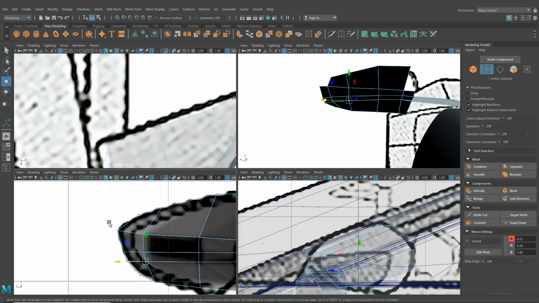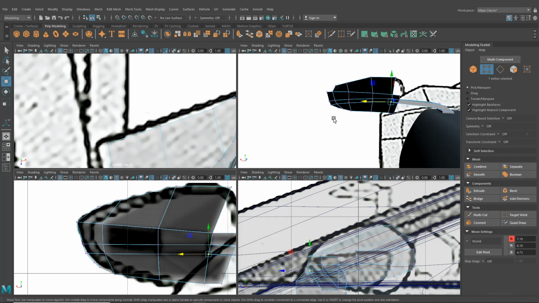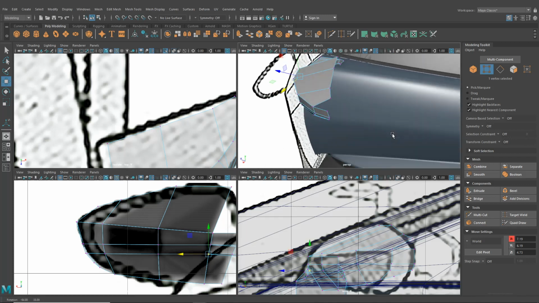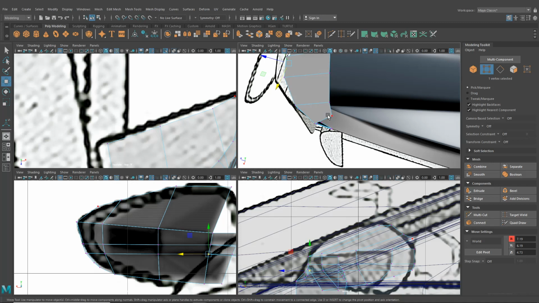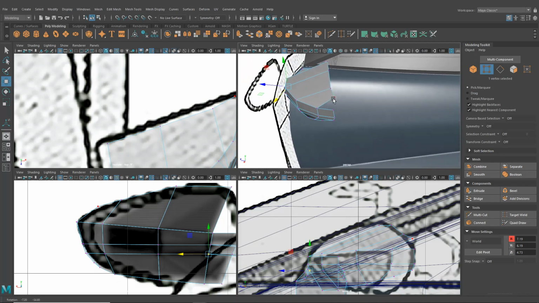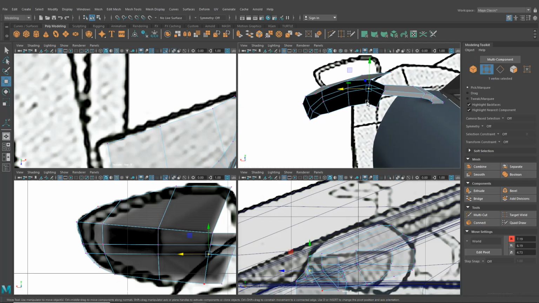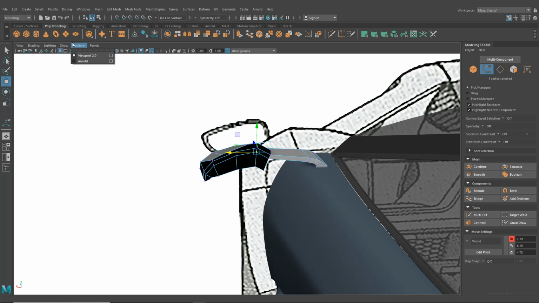Take those around there a bit. Okay, so that's looking quite nice. Okay, that's looking okay. So let's try now and think about stitching these together, and this is the awkward bit,